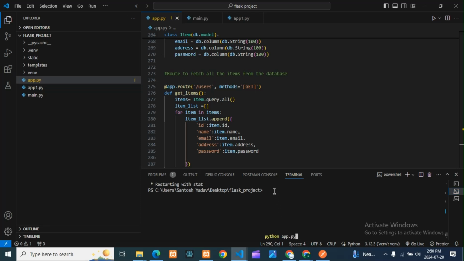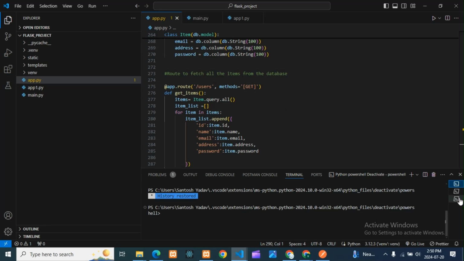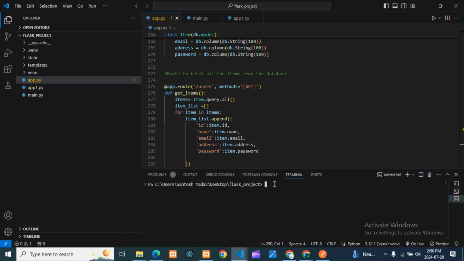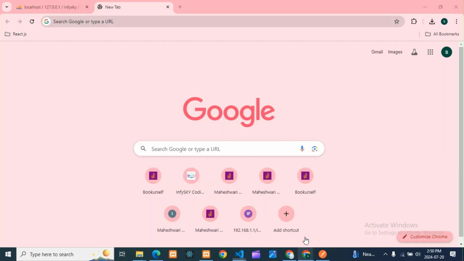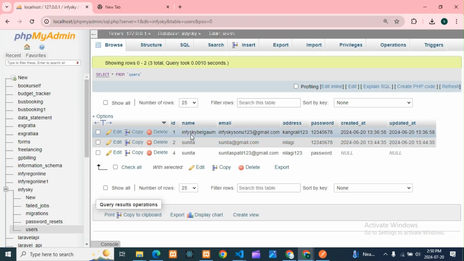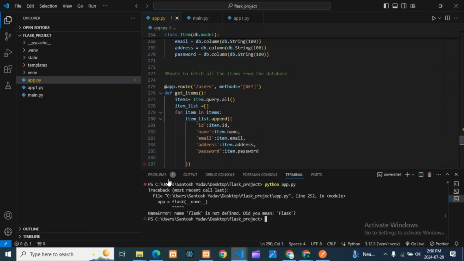Suppose I write here, oh, what is happening here? python app.py, it will run. So I'll show you guys here. See, here is my database. These three things I want, it should show me in the database.